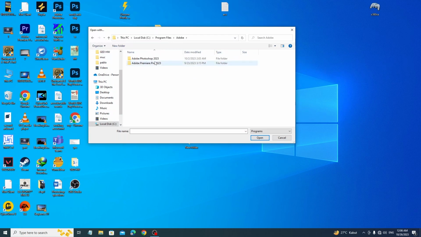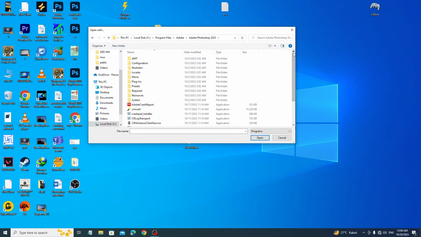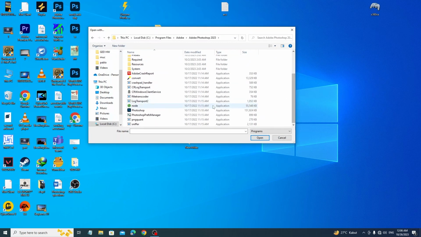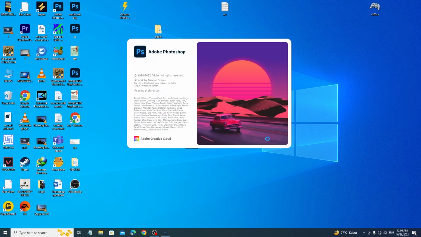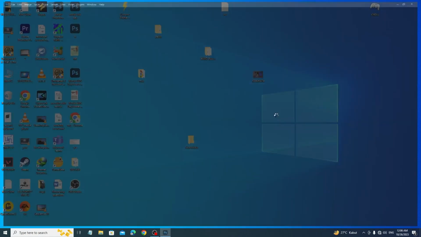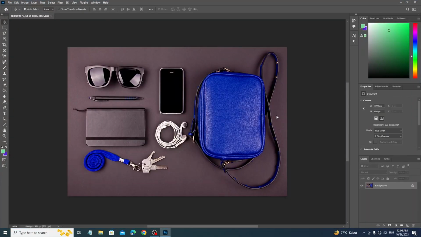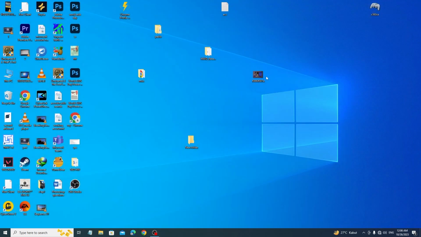So I want to open our image in Adobe Photoshop, so I'm going to open the folder, and if I scroll down, as you can see, you can find the Photoshop icon. Select it and then press open. As you can see, our Photoshop software is opening, and now the image is here. So this is the first method you can open an image in Photoshop, and the second method is that